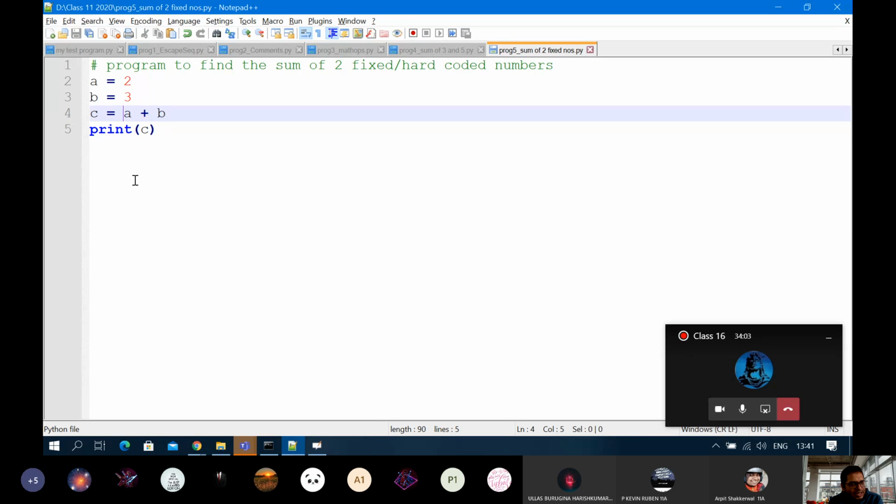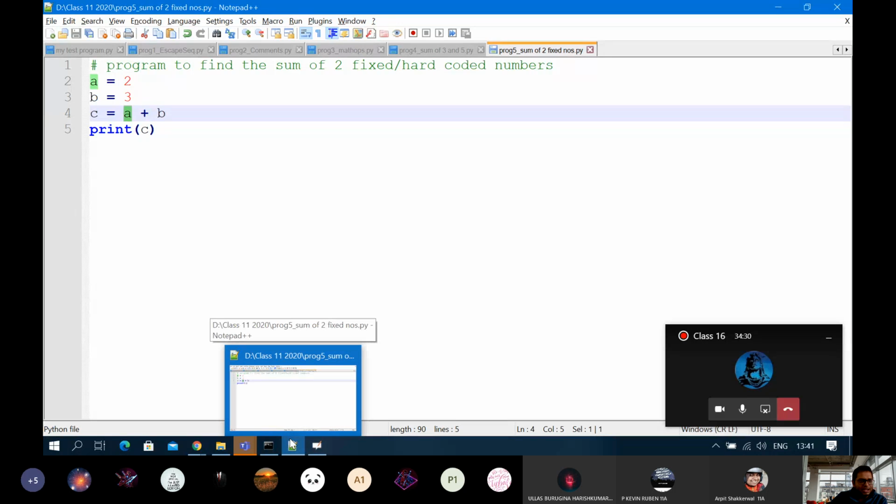So the only other way that A can be used, or alphabets can be used, is if they are not a string, and directly without being under quotes, they are the labels to some of the memory locations. Because this A is not enclosed within quotes and B is not enclosed within quotes, the computer will understand that it is not a string, rather it is the label of a memory location in the RAM.